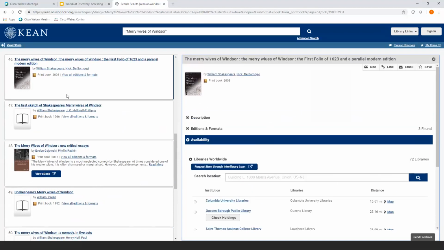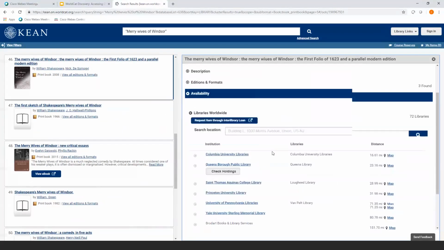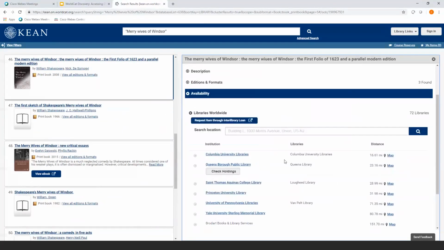Okay, so for this item in particular, again, it's a print book, but unfortunately it's not available at the Nancy Thompson Library/Learning Commons. But if we click on it, it will tell us what other libraries nearby have it. And this is going by our current address, or my current address from this computer. Apparently the closest one that has it is Columbia University. That's kind of far. So we can order this through interlibrary loan, or if we happen to be not on